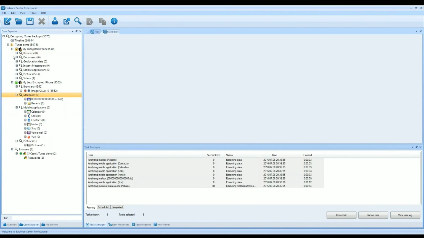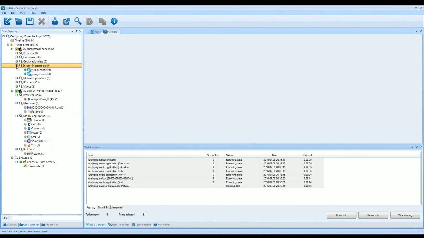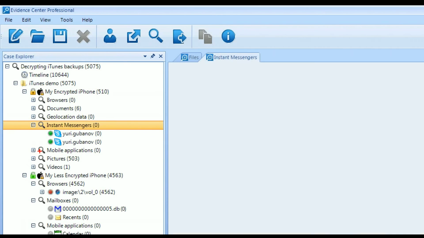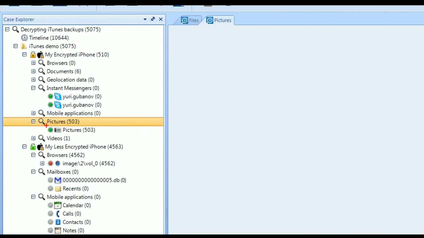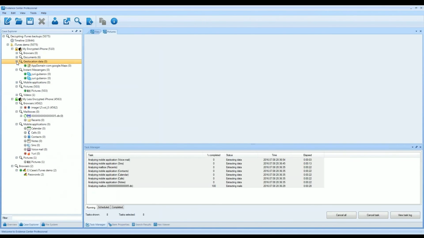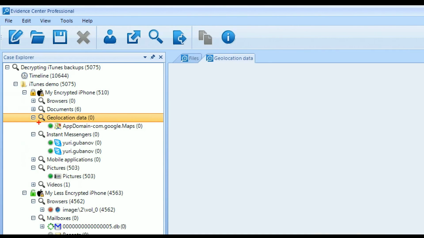And you can also see that in my more encrypted backup, there are some Skype profiles, some pictures, some geolocation data from Google Maps, documents, browsers, and so on.